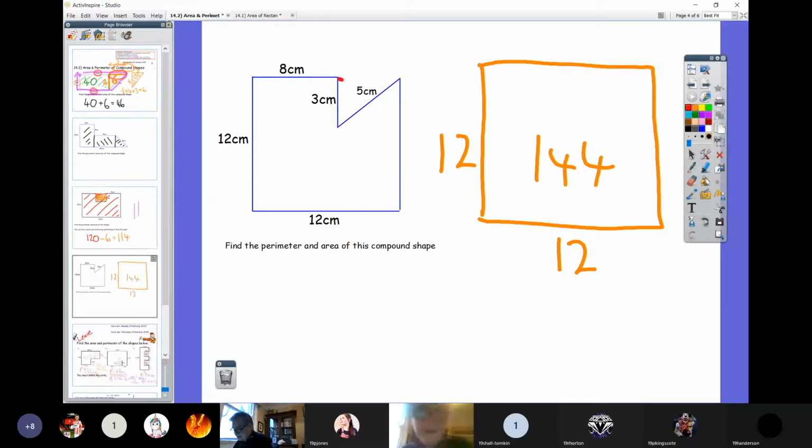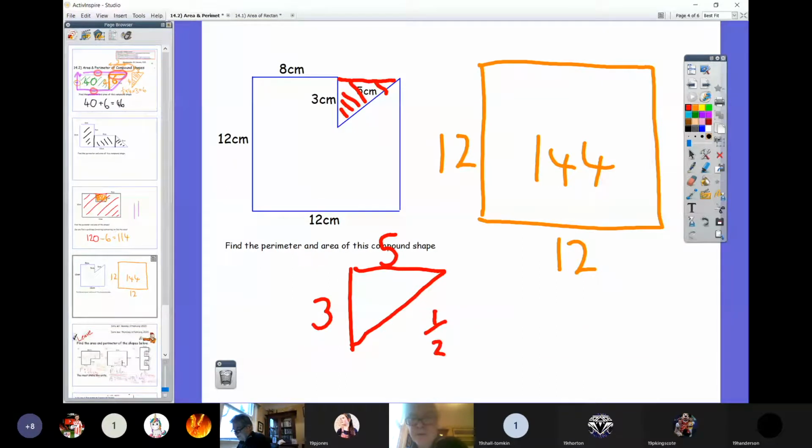Take away that triangle, which is 3 by 5. The area of that triangle is half times 3 times 5, which is 7.5. So the total area of that shape would be 144 take away